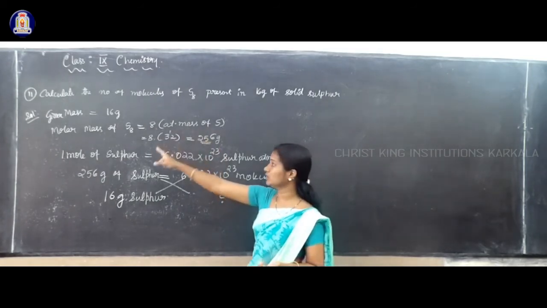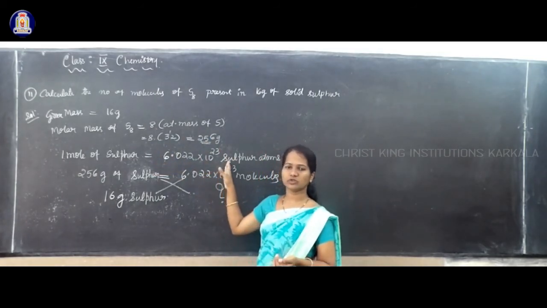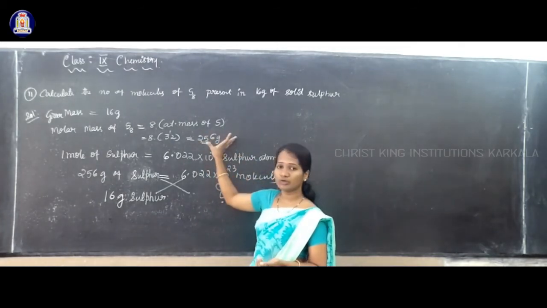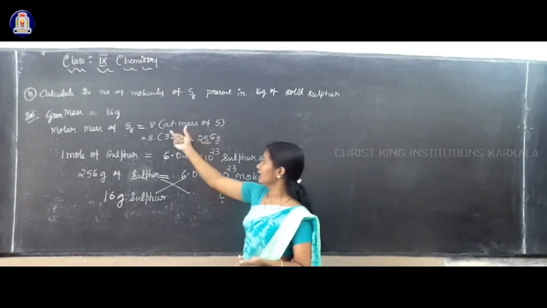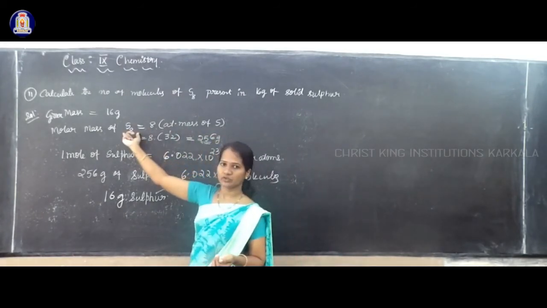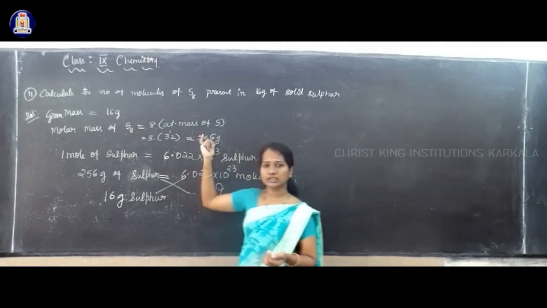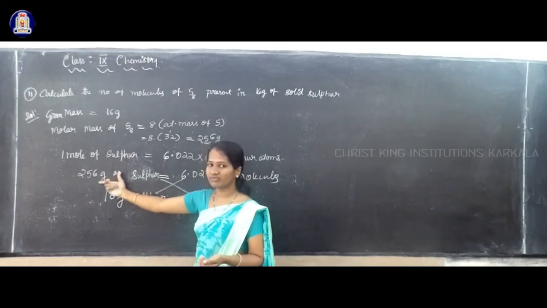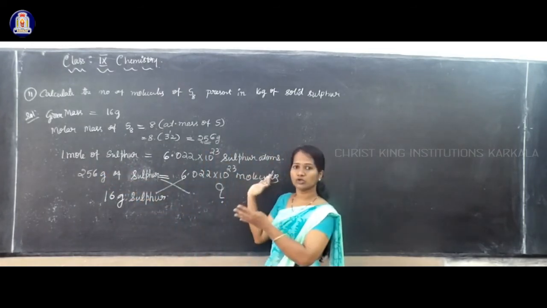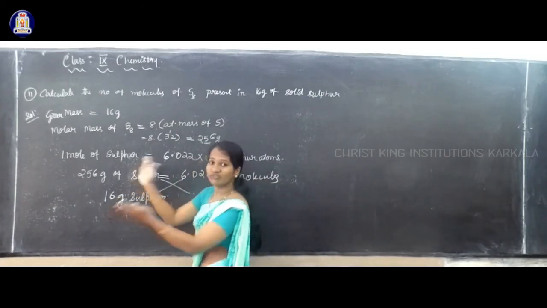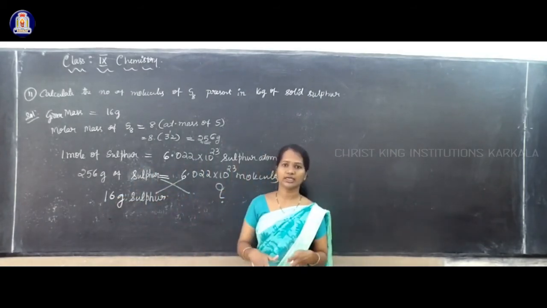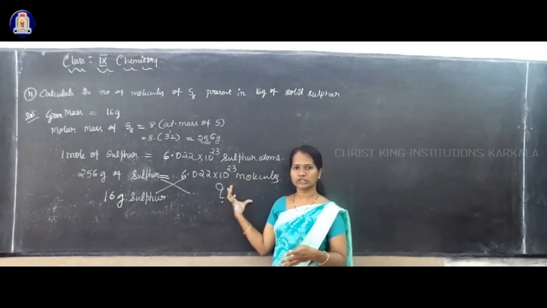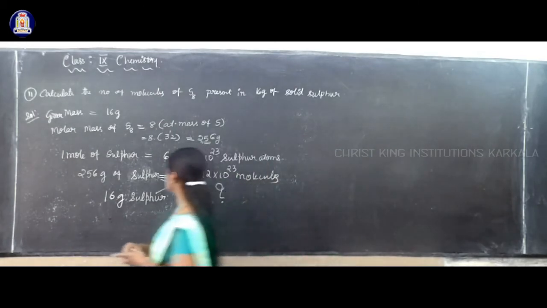We know that 1 mole means this much atoms or molecules, 6.022 into 10 to the power 23. That is, we have taken 256, the molecular mass of S8. So, sulfur S8 molecule, its molar mass is 256 gram. In the sense, 256 gram of sulfur contains this much molecules. Then, if we take 16 gram of sulfur, how many molecules are present? Cross multiplication, which is equal to